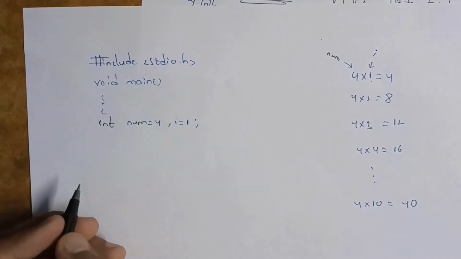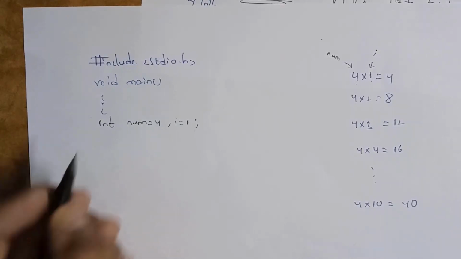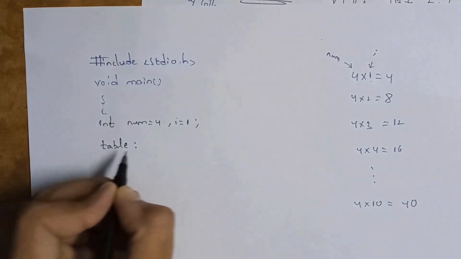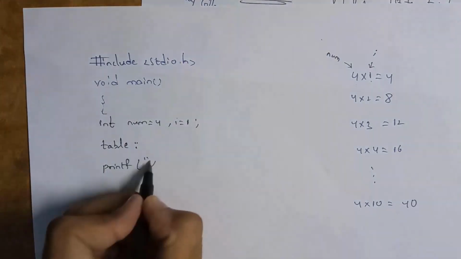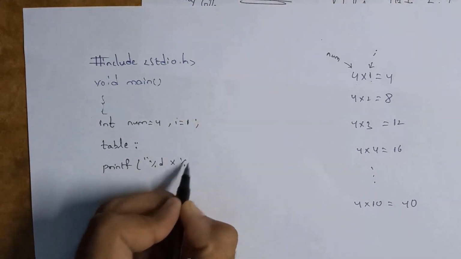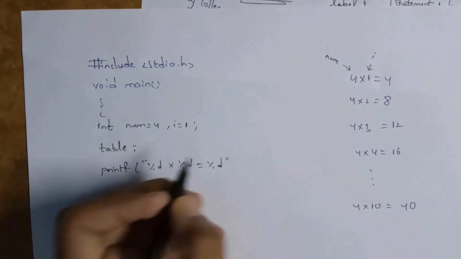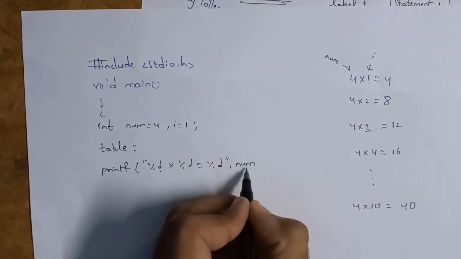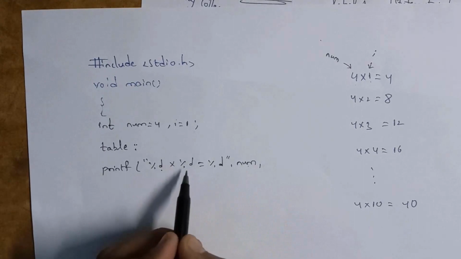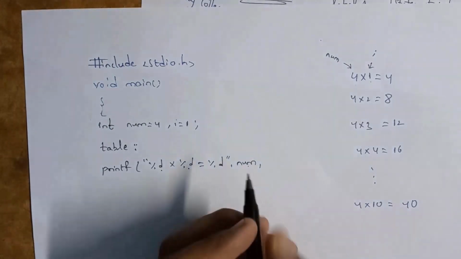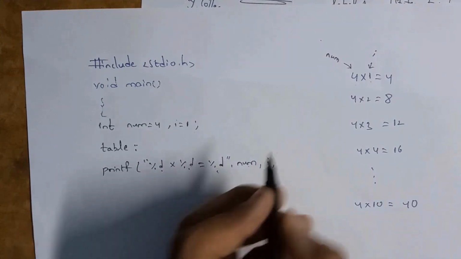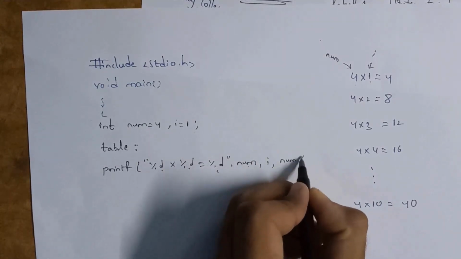Now we will write the goto statement. At first I am taking a label. Let the label name be table. You can also take any label name. Here I am taking the label name as table. Give colon. Now write printf("%d * %d = %d"). This %d is for number, that is number 4, and this %d is for variable i, and this %d contains the result. Result is nothing but num * i;